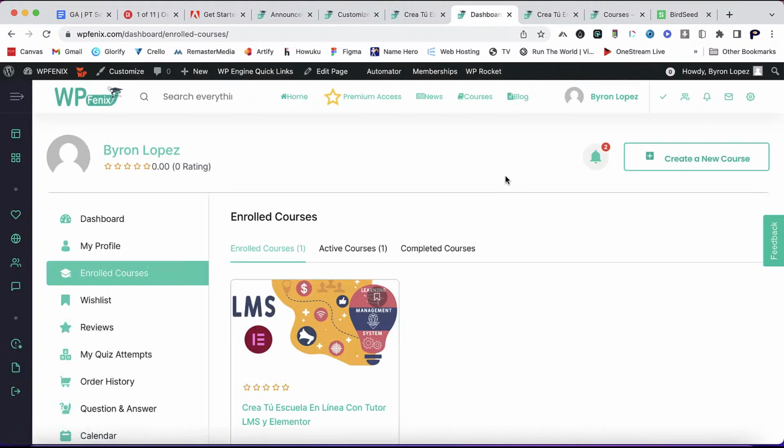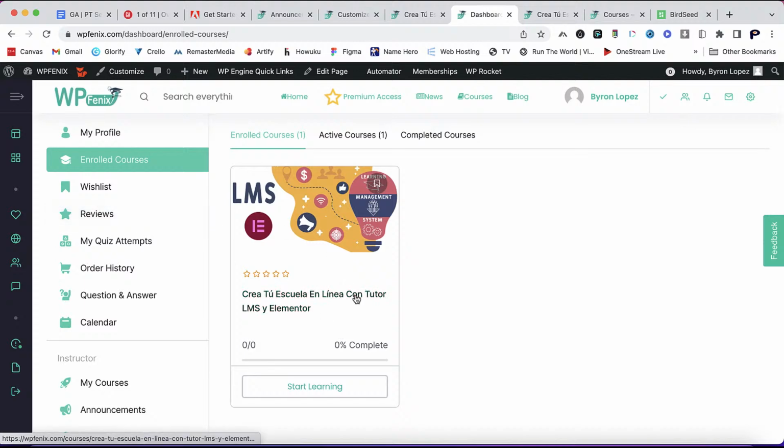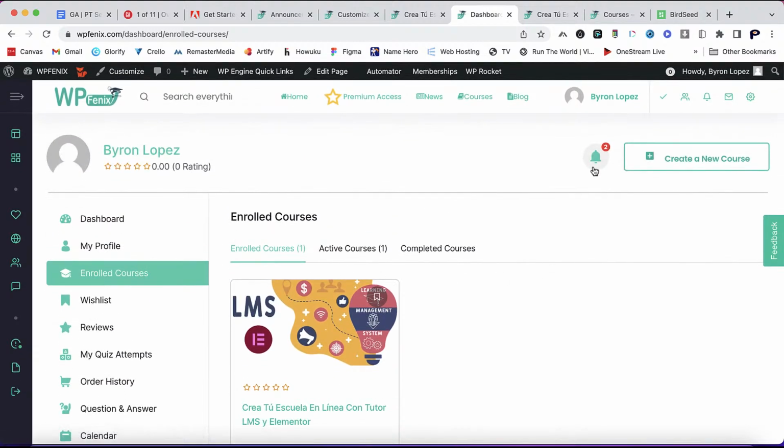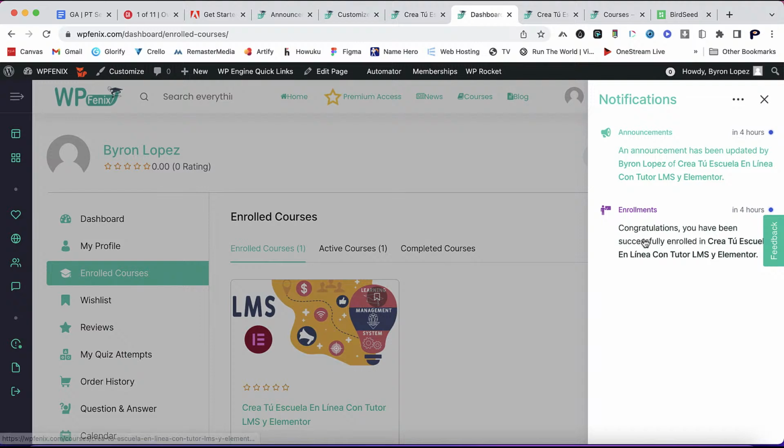All right, here we go. I'm enrolling in this course according to the system. Two notifications, the enrollment and the announcement. It says 4 hours ago, but I just literally did it a few seconds ago. So here's the error that I'm having with it. Like I said, it was already reported, but here it is. When I click on it,